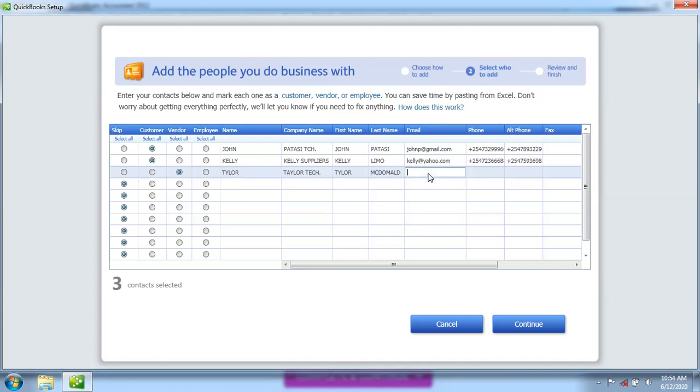Taylor McDonald, and their email is taylor@gmail.com, and you're gonna enter the address plus